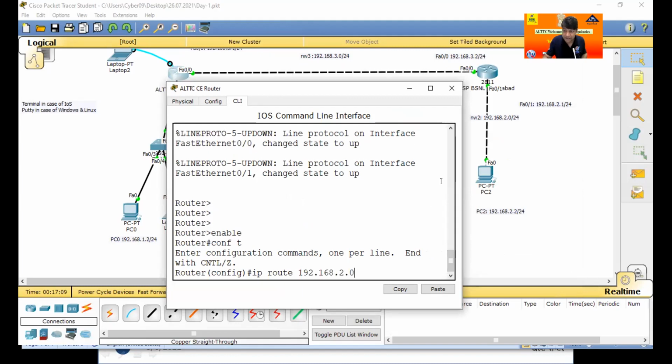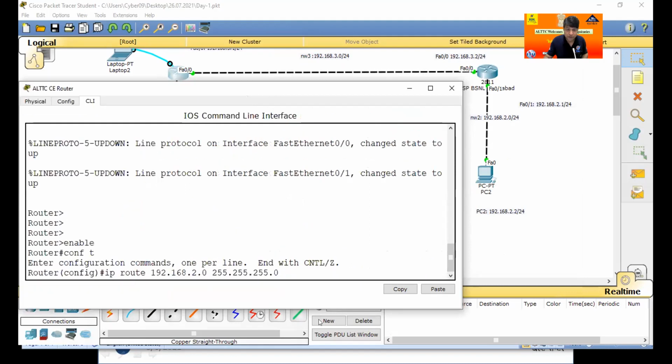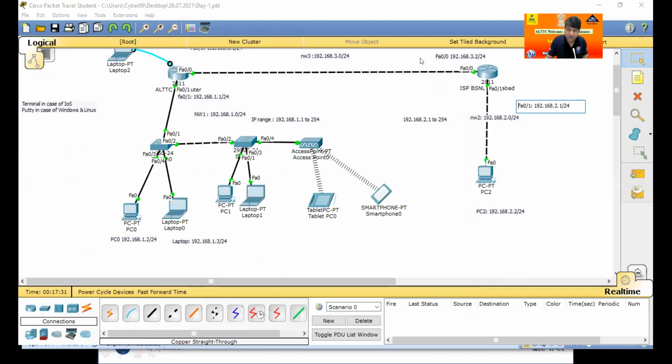192.168.2.0, the network ID. Keep in mind, this whole network is known by the first IP address. This is the network ID. So I am not doing it for a particular PC, the whole network is allowed. And for which port? This port. In my diagram only one way is possible. Sometimes another router may be available and that also goes.